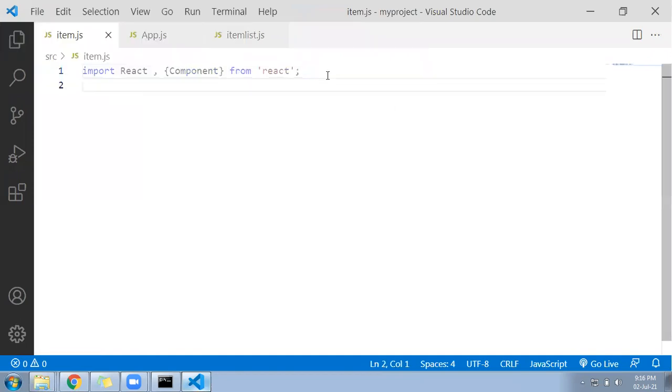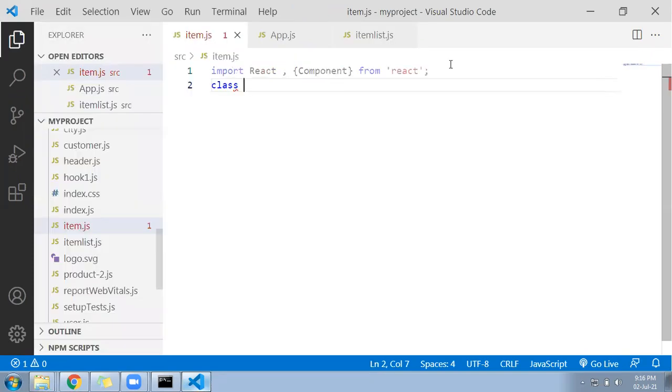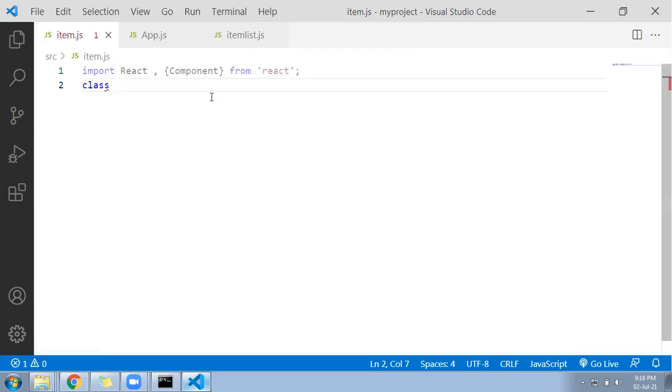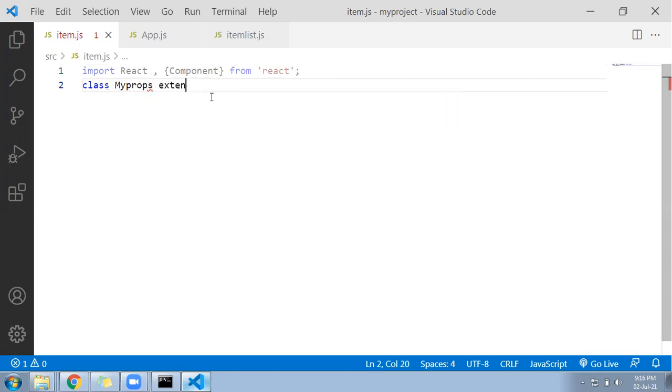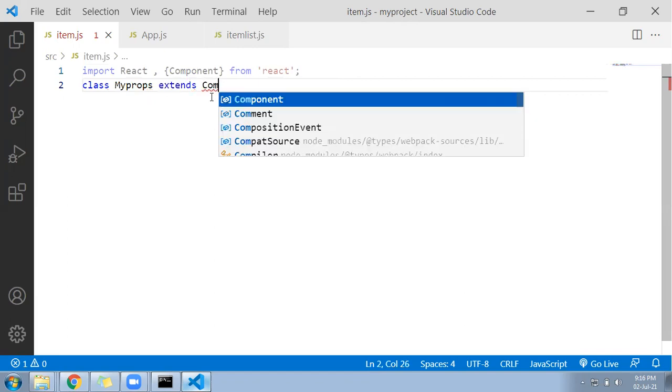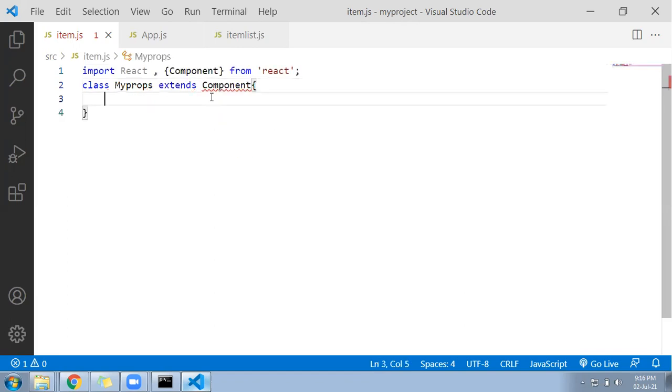Let me write a class called MyProps. I'll give this class name because I have already added it under my routing, so I will give the same class name, MyProps, and I will write extends Component. After that, at the same time I will export it: export default MyProps.